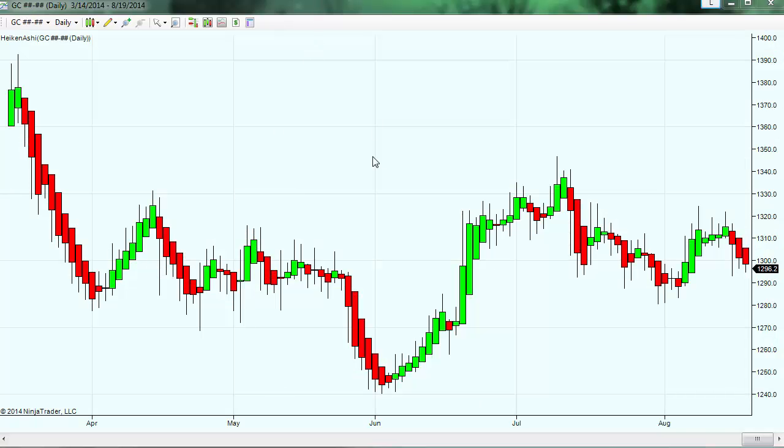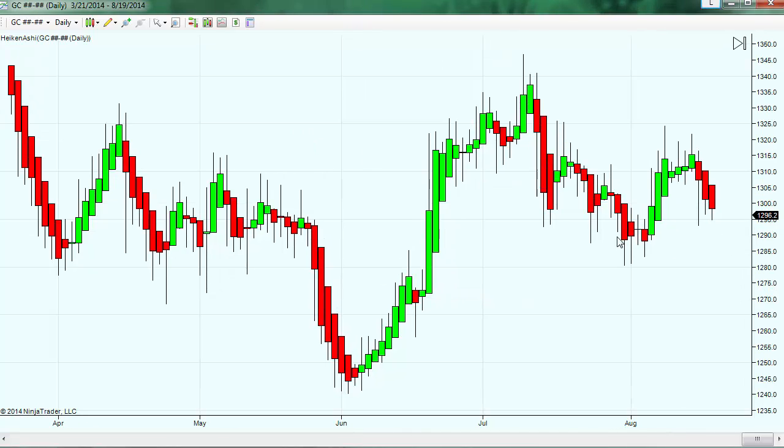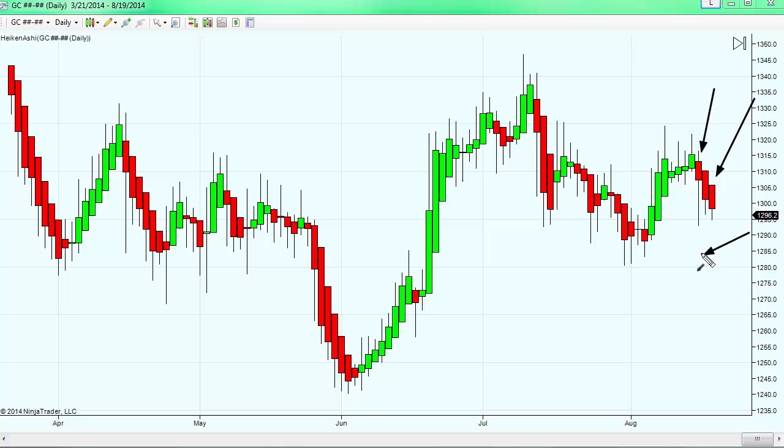Now, when we go ahead and convert or look at our Japanese average chart, our daily chart, what we are seeing is the downtrend is still fully intact. Realize that on a Japanese average, it's always going to lag behind any of the other indicators and technical studies that we use because it's average based, but body size is still fairly strong. It compares it to the midpoint of the prior day. And we do have the absence of these upper wicks, which is what we look for to determine that a downtrend is still intact. As I said, I would look for some support to come into this market roughly at